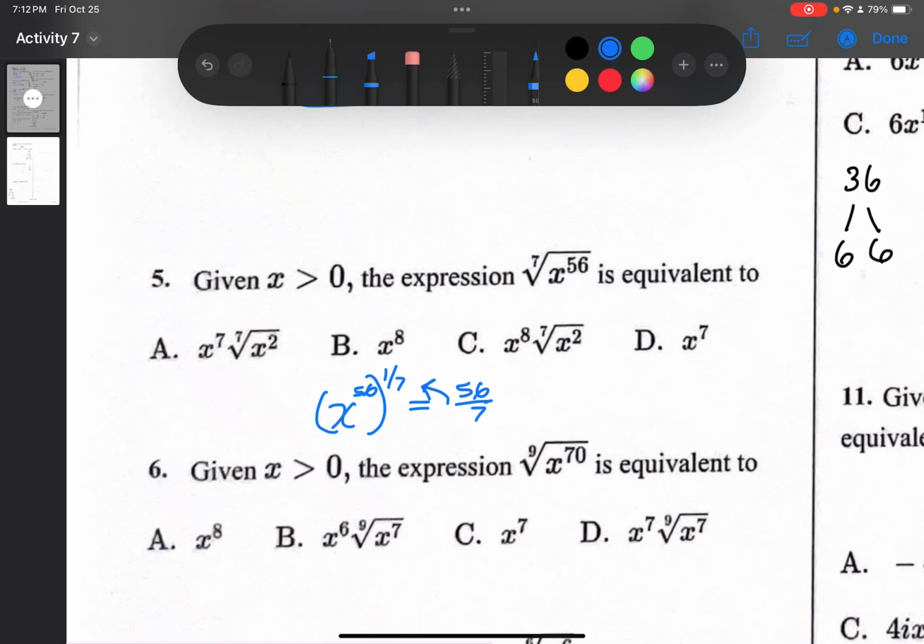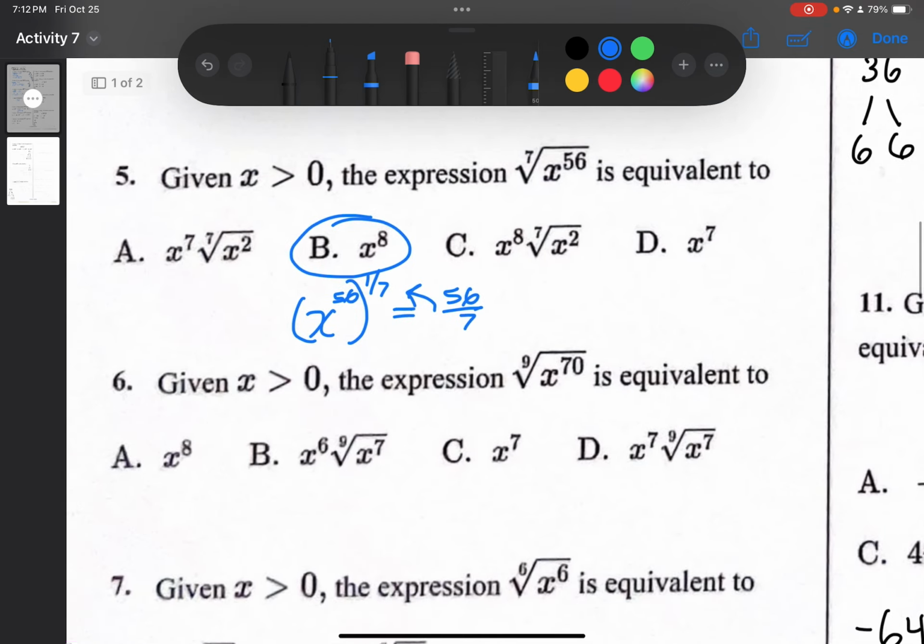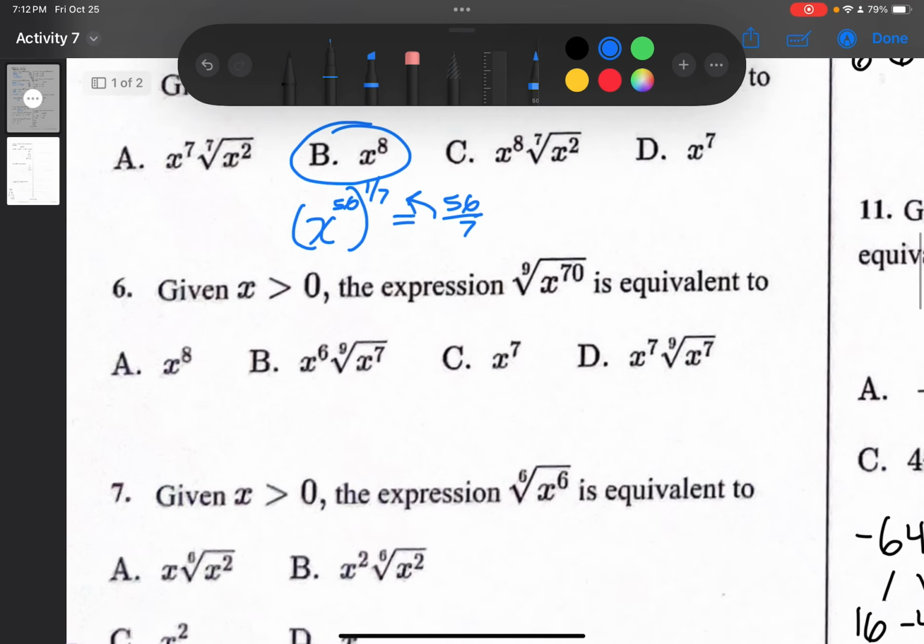You can split those numbers up, or you can just do 56 over 7, which is 8. And so you can see that you're not splitting it up for number 5. And then number 6 is where you are splitting it up, because you're doing x to the 70th to the 1/9 power, which is 70 over 9, and those are not going to go in evenly. So a method you can do is we are going to split that x to the 70